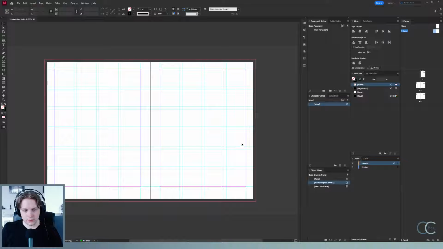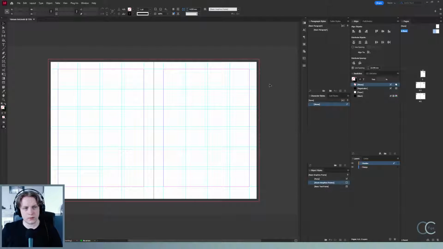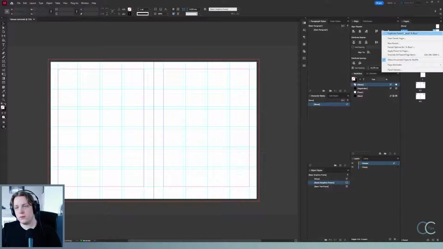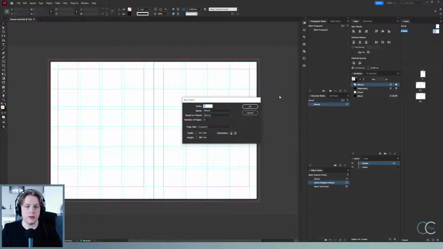toggle that. And I usually like to just put all the master items in the same layer. So this is probably it for the first set of master pages here. So then we can start creating some new ones, and let's call this one